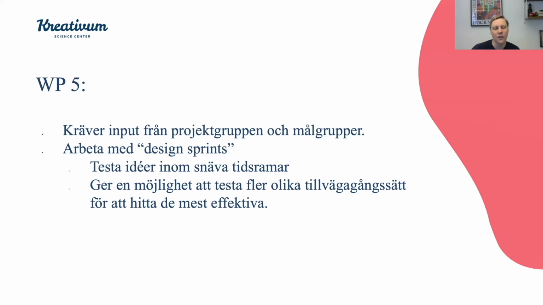as I said, I think the work in work package 5 requires quite a lot of input from both the project group and the stakeholders in the project group, but also the target groups that are not part of the project thus far. Design thinking is used very much in software development, and in software development they also work a lot with design sprints. So basically testing ideas in quite narrow time frames, and really finding a minimum viable product that you can test on the target group to find the most efficient ones. I'll leave you there, but the main message is that all of you are target groups already, and you will hear more from work package 5 during